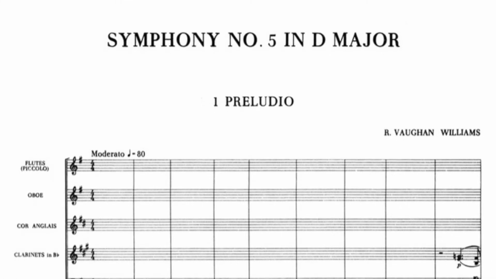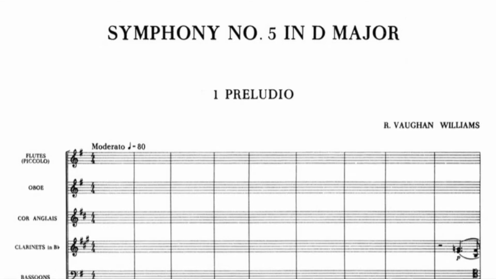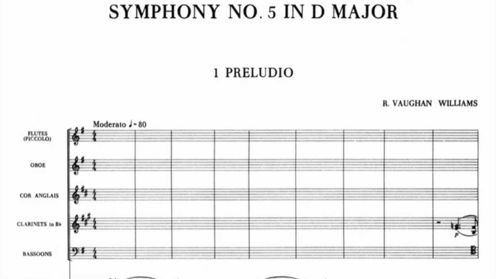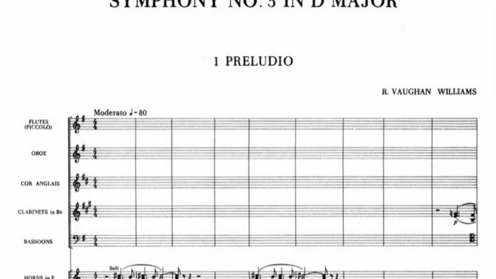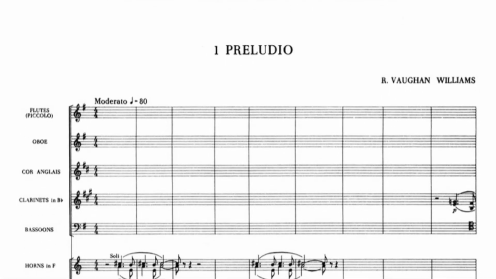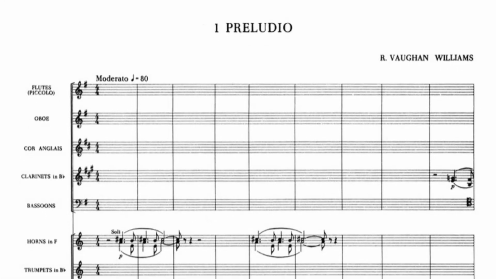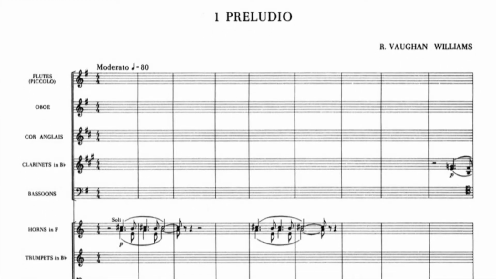This is a video looking at Vaughan Williams' Fifth Symphony, analysing some of the structure, looking at some of the orchestration, looking at how the piece moves and is developed, looking at some of the key centres. This was written around 1943, so it is a product of the time, very different from the Fourth Symphony that